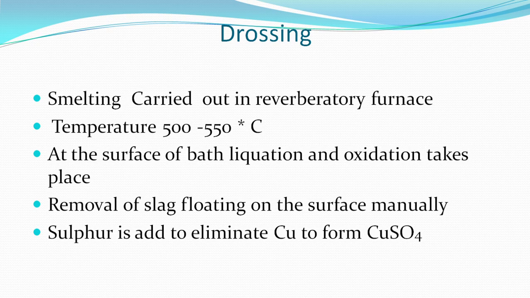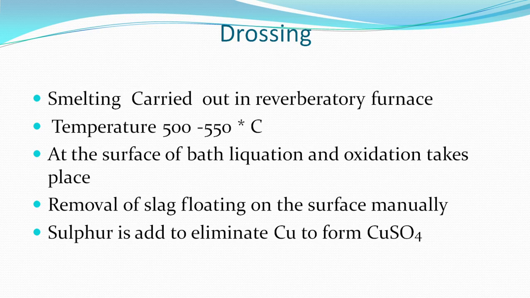So what is happening? Air is supplied to the refractory furnace from the top surface. As a result, the top surface of the bath is oxidized. This means the impurities present in the bath react with the oxygen and form oxides. These float on the surface and are manually taken out from the refractory furnace. So my friend, the concept is very simple.